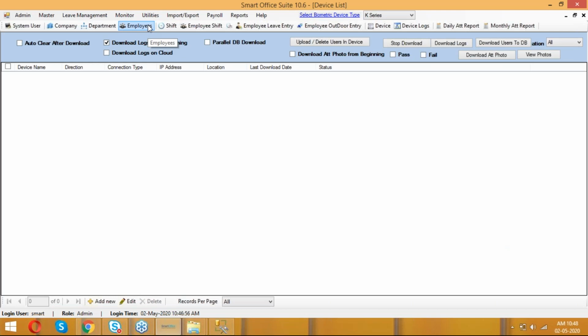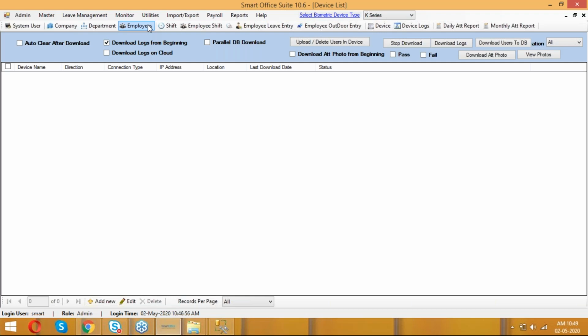Before connecting the devices, make sure the device is connected with a LAN cable. As I've already told you, the desktop application is a single, standalone application, so you have to use it in the same network. Both the device as well as the software should be connected in the same network. If you have multiple locations, where a device is in a different location, then you have to make use of a static IP. But you can't use the same application; the only thing is you can connect the device. This is how you can use multiple locations in the Smart Office desktop application.